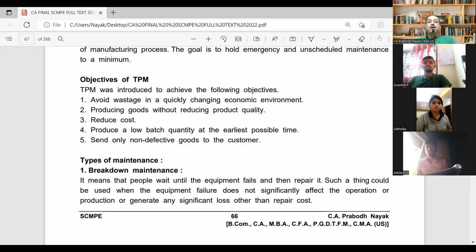Now, types of maintenance. There are two types of maintenance that we normally have. One is called breakdown maintenance, and the other is called preventive maintenance. Now, what is the difference? A simple example I will give you of something that you do in normal practical life. Let us say you are having a two-wheeler. Your parents present you a two-wheeler, and you are using it to go to college, to go to classes, to go to office.